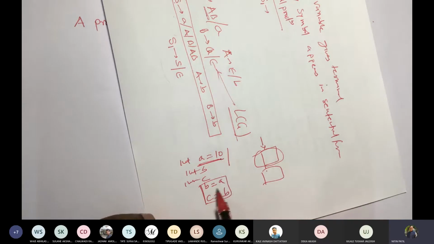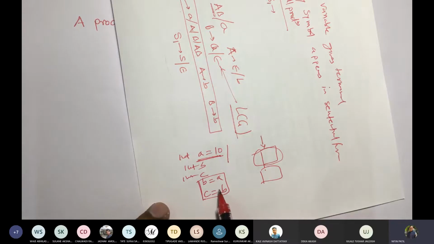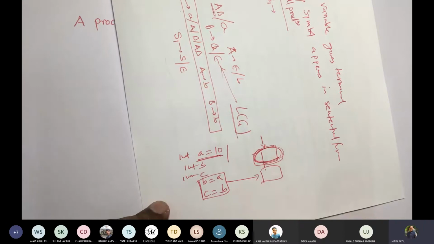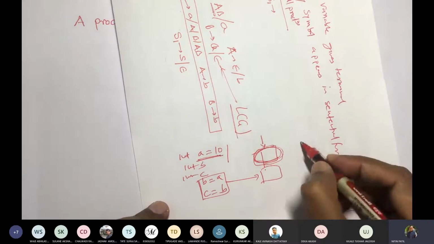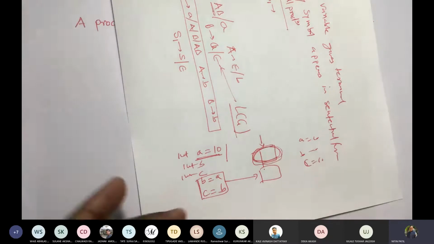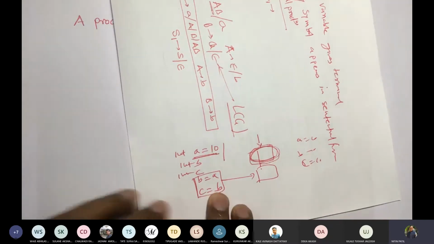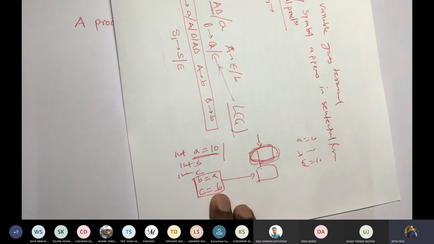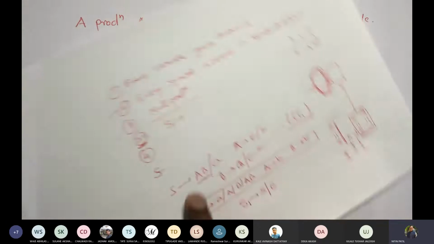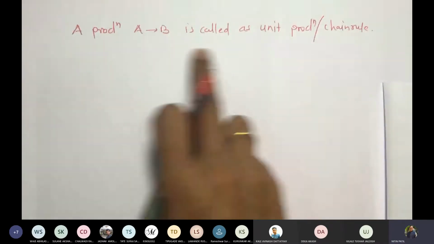So ultimately, when we say B equal to A and C equal to B, both of them will have the value 10, correct? Fine, with the assumption that it never gets manipulated here and in these two statements. So it would be better to always write A equal to 10, B equal to 10 and C equal to 10. Why go to A, then go to B and so on? Because when we mention it this way, ultimately we are fetching the values from the address, and we don't want that to happen. That's why we are talking about this fourth algorithm, removing such unit and null productions.